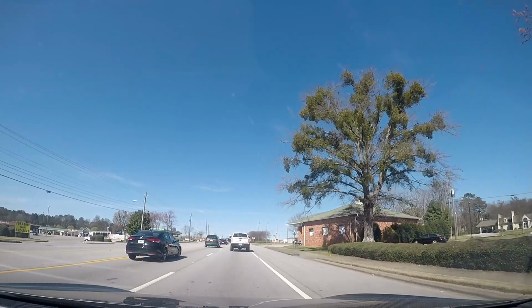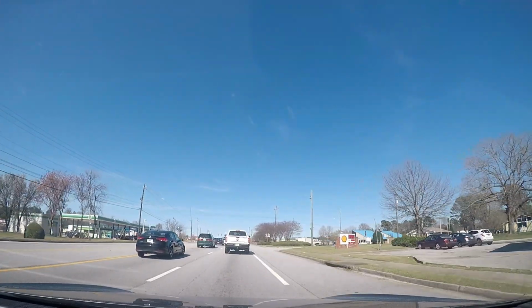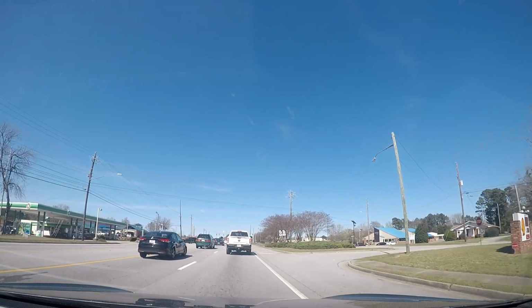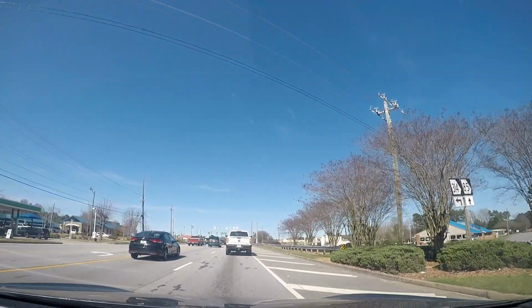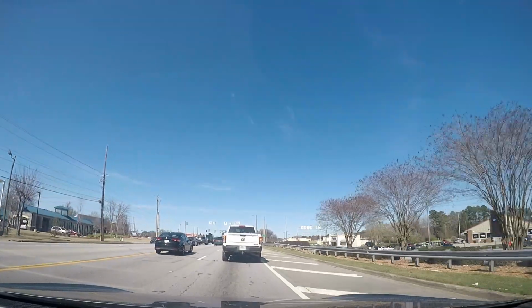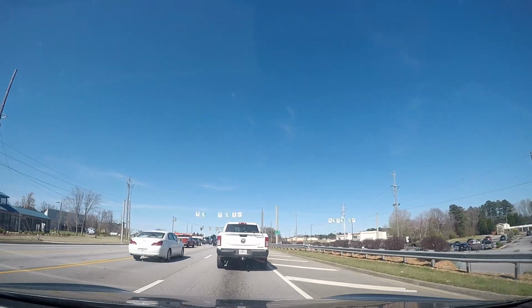Now there is one thing that's going to be popping up here. You're going to start to see a little bit more of the new sections or larger sections of retail coming up here on your right in a moment. So I will definitely